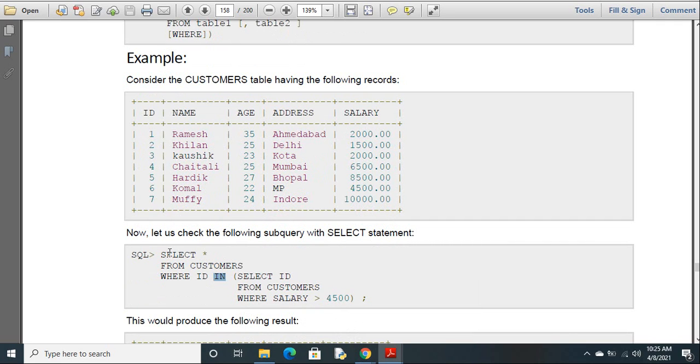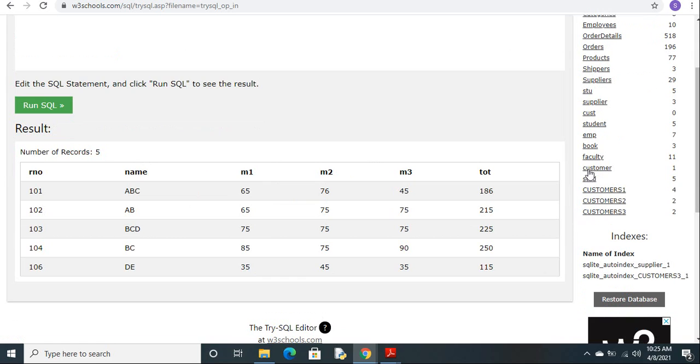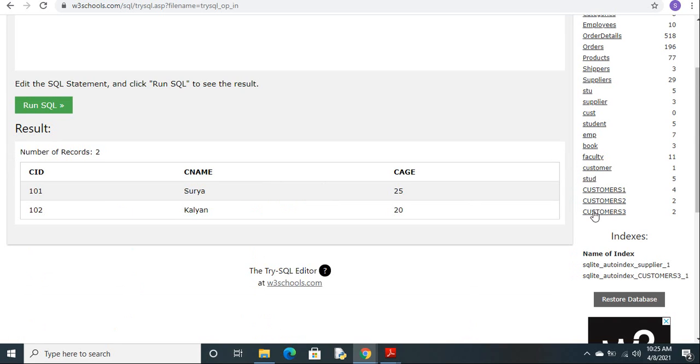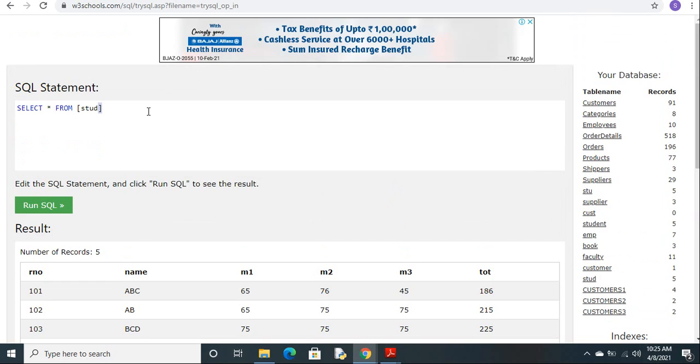Now for example, I will do select star from stud where id in, select id from stud where total greater than 200.